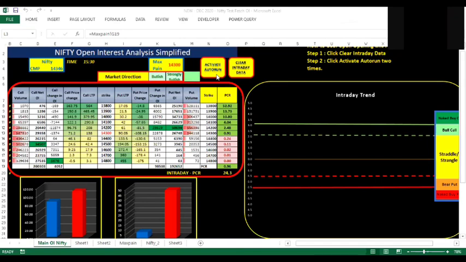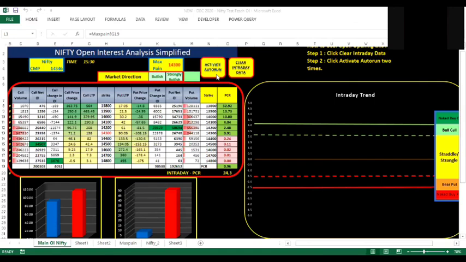So first is monthly data. Yes, it is possible, but I find that since the start of this series, some changes have been made by NSE in its website. It is not permitting pulling the monthly data. I do have those sheets where I capture weekly and monthly both. In fact, I am able to pull whatever data is available, even for 2022, 23, whatever. But since January, that data is not working. So we will try to fix it as and when the NSE server is finally stabilized.